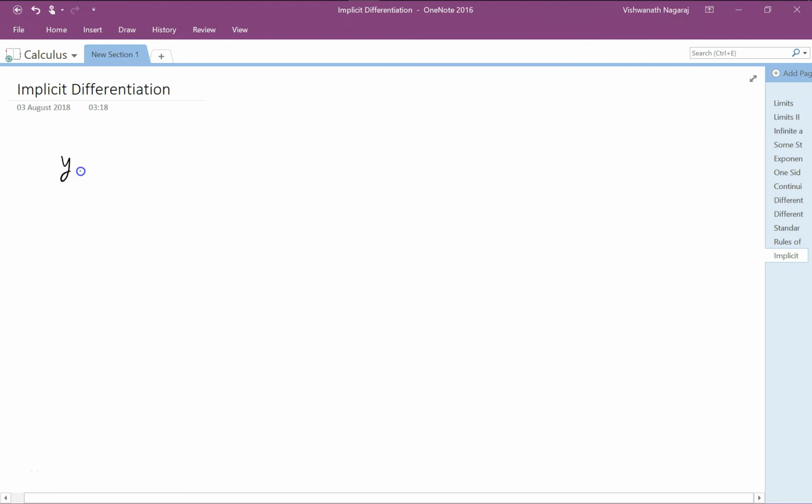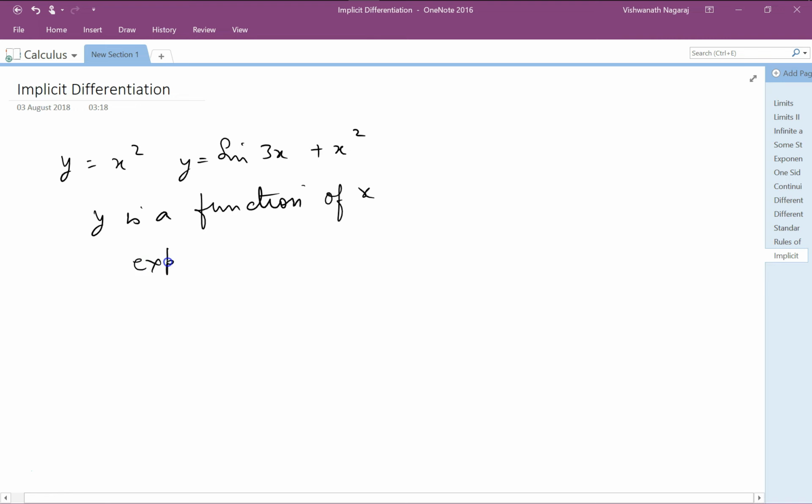Till now we have looked at functions like y equal to x square or y is equal to sine 3x plus x square. So basically y equal to something, and such functions we say y is a function of x. So these are explicitly defined functions. But there might be functions like, say for example, instead of y equal to x square, we could have